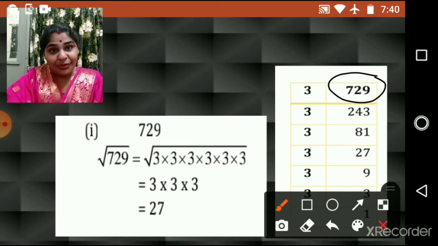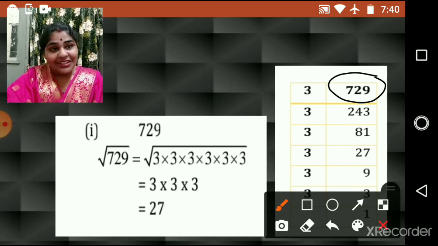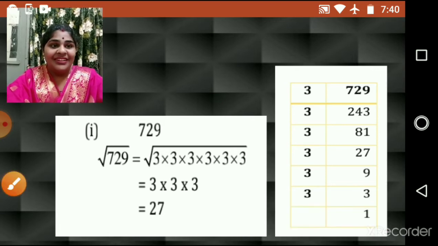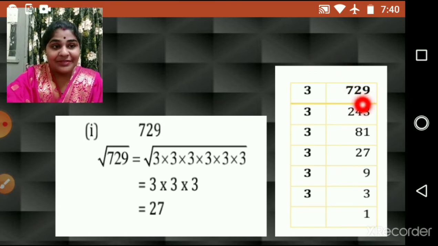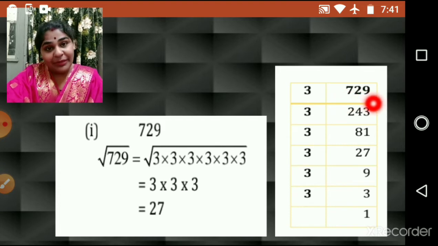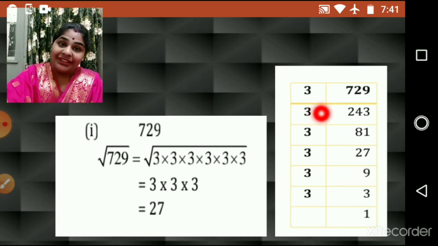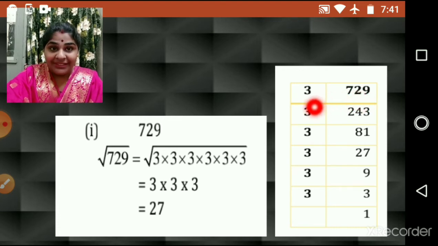Here, children, you should also be aware of the tests of divisibility, which will make it easy for you to solve this, right? If you are aware of that, it is very easy to find the factors of the given numbers. So here you can see 729. Using the test of divisibility, this is divisible by 3, right? When we add the digits in 729, the number which we get is divisible by 3. So we come to know that the number is divisible by 3. This was the test of divisibility which you have already learned in earlier classes. So now 729 divided by 3 is 243.